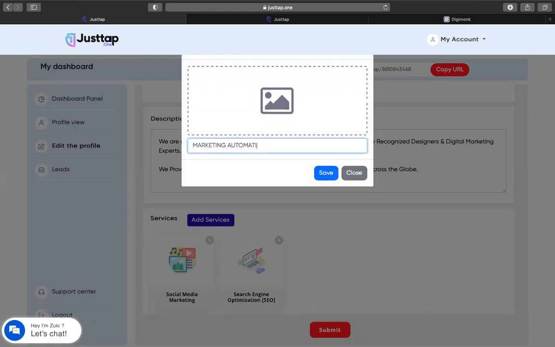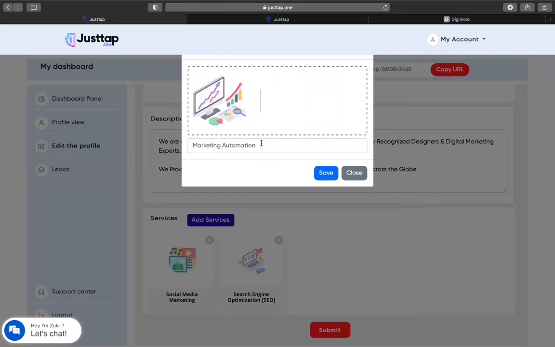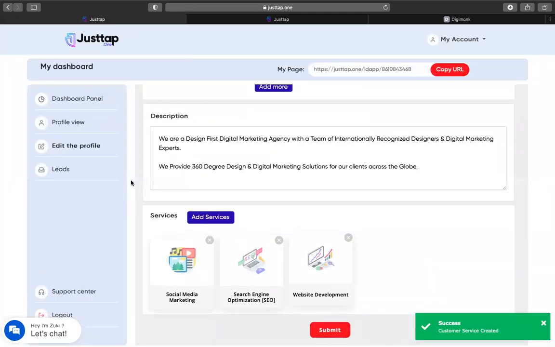Marketing automation. Let me put like website development. I'm just adding my few services. So these are the 3 services which I added now.